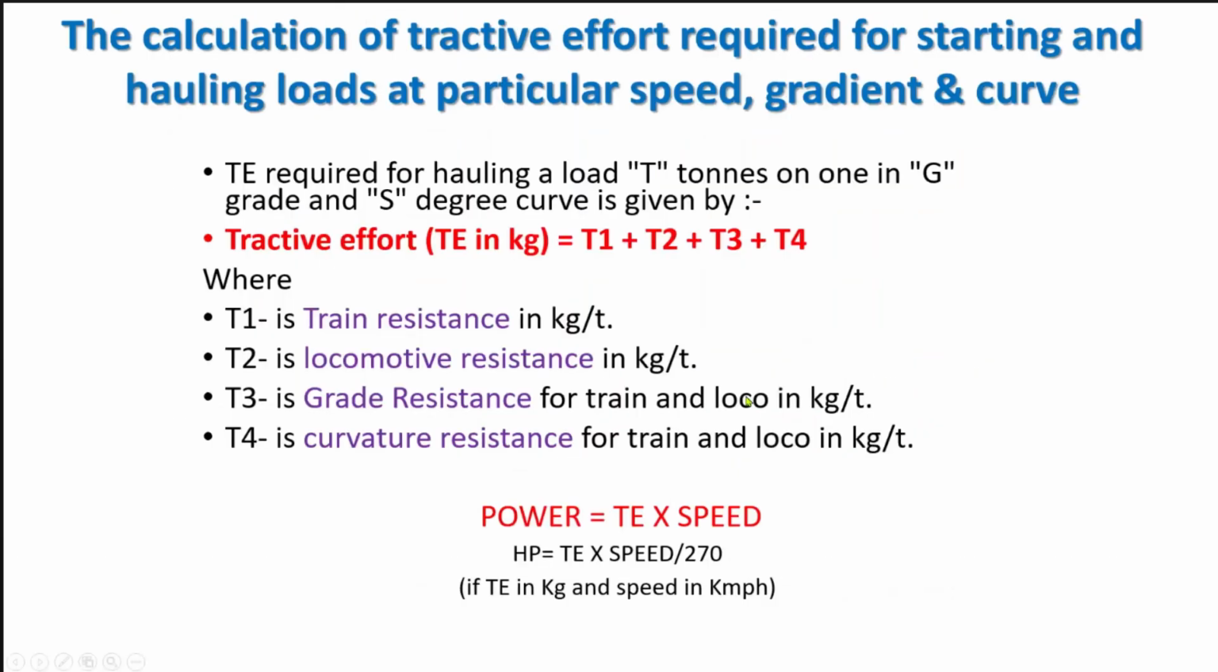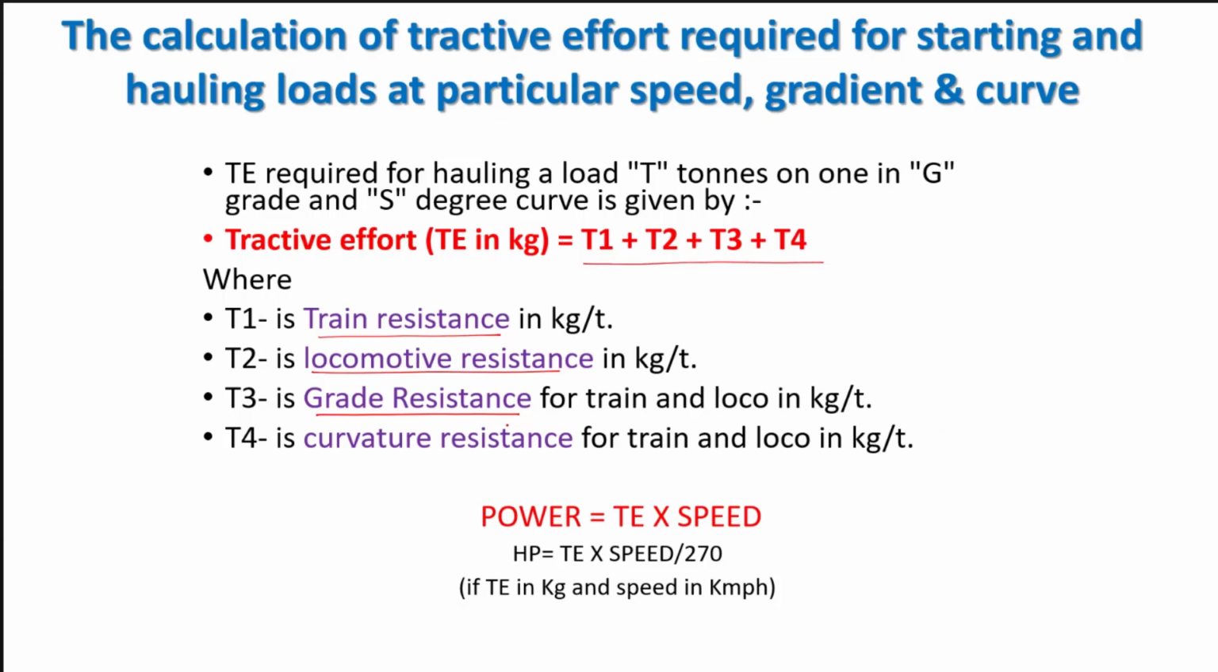For calculating the tractive effort of an engine, there is a formula for the tractive effort required for hauling a train. There are four components required for hauling it: T1, T2, T3 and T4. T1 is the train resistance, T2 is the locomotive resistance, T3 is the grade resistance of our